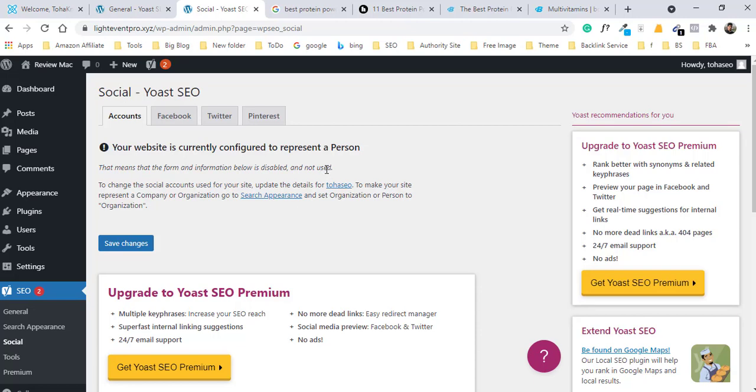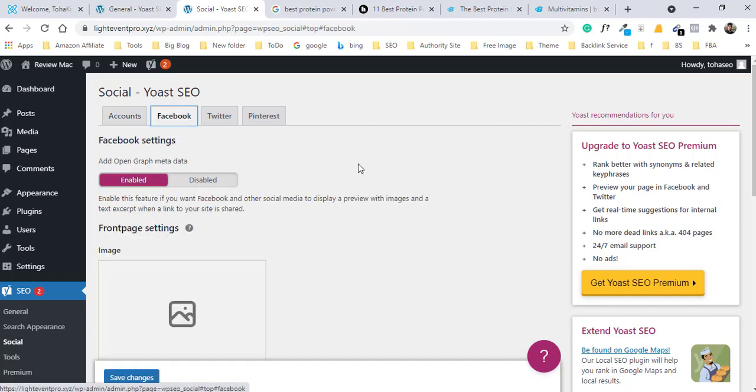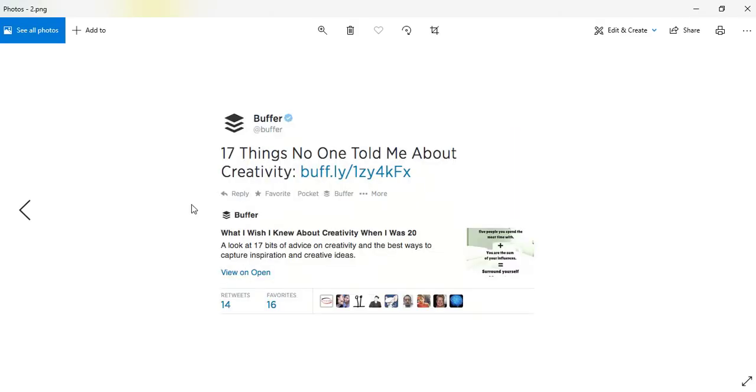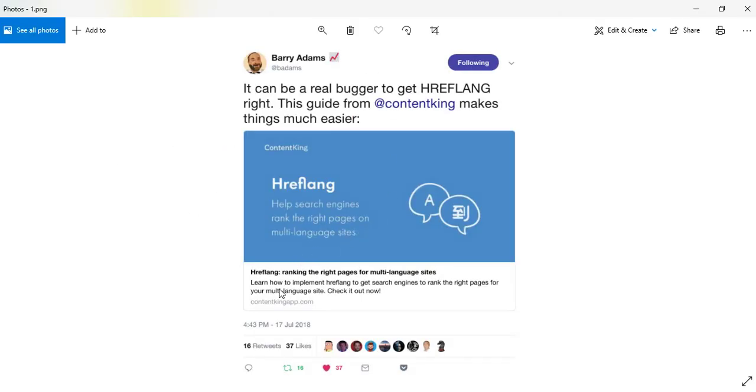Click on social. Here you can edit your social preview. So click on Facebook. You can add Open Graph metadata. To better understand Open Graph data, I'll show you two pictures. One is this. Here you see when someone pastes your link on Twitter or Facebook, they can see your featured image.